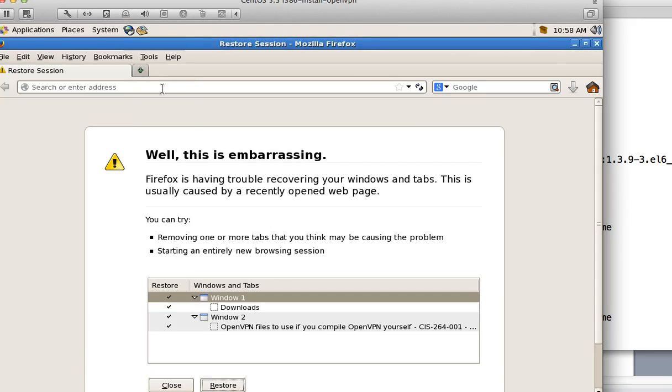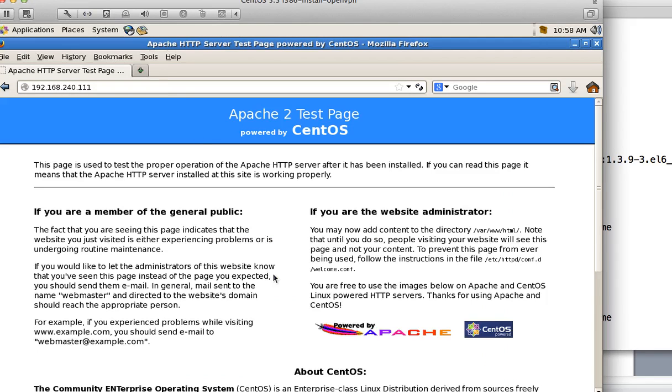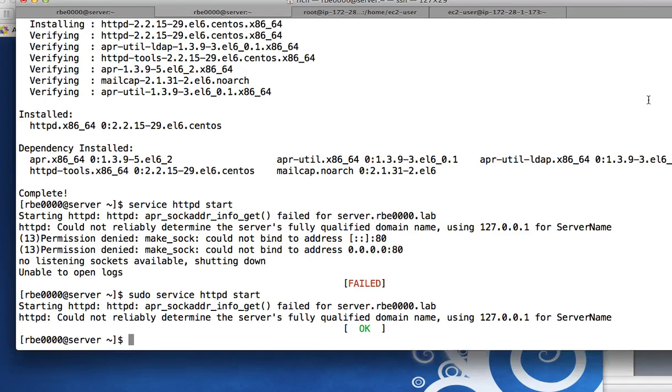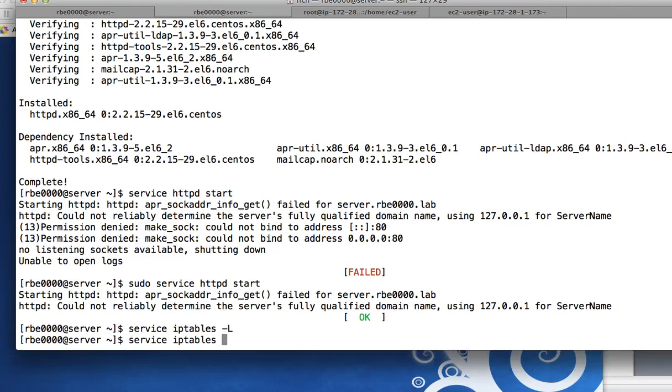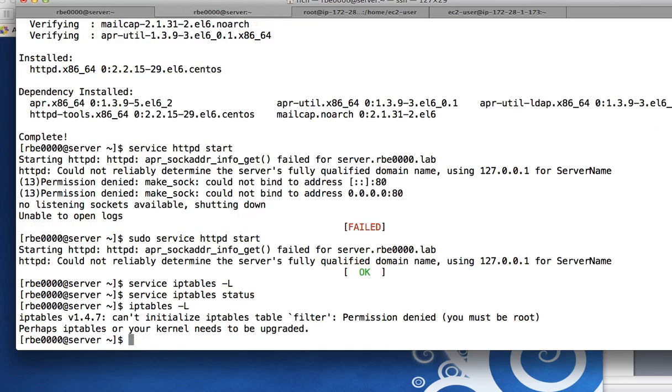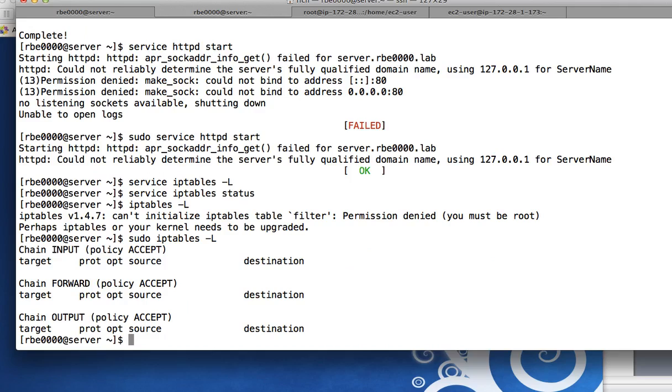This is why we need the OpenVPN, so we can actually test the client stuff. HTTP. Hey, look, there we go. It worked. So that's good. It's good, but it's not good because I wasn't expecting it to work. The IP tables firewall's not running, so